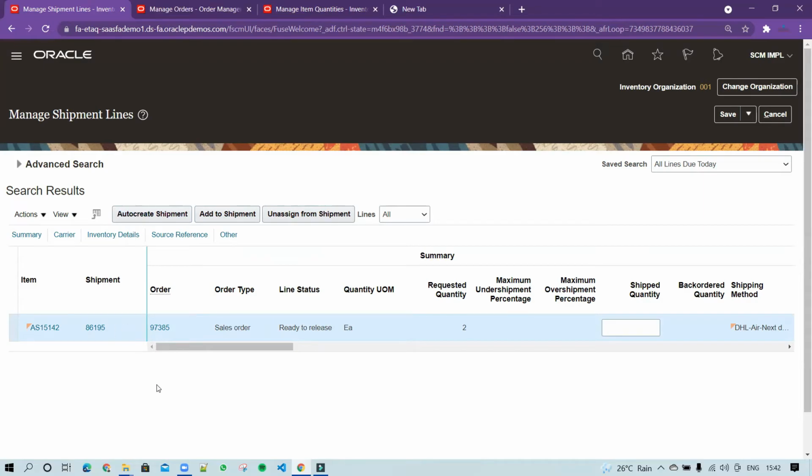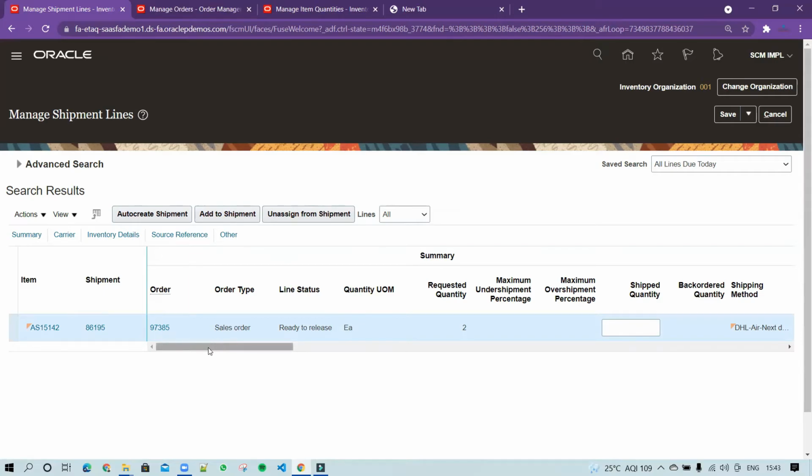Now if you are selecting all the orders, it will create a single shipment number if you have that kind of business requirement. If you want one by one, then you have to select and click on the auto create shipment, or you can utilize the best way. If you are having more orders to ship, you should always utilize the create shipment ESS job. That will be the best approach. Now we have generated the shipment number.